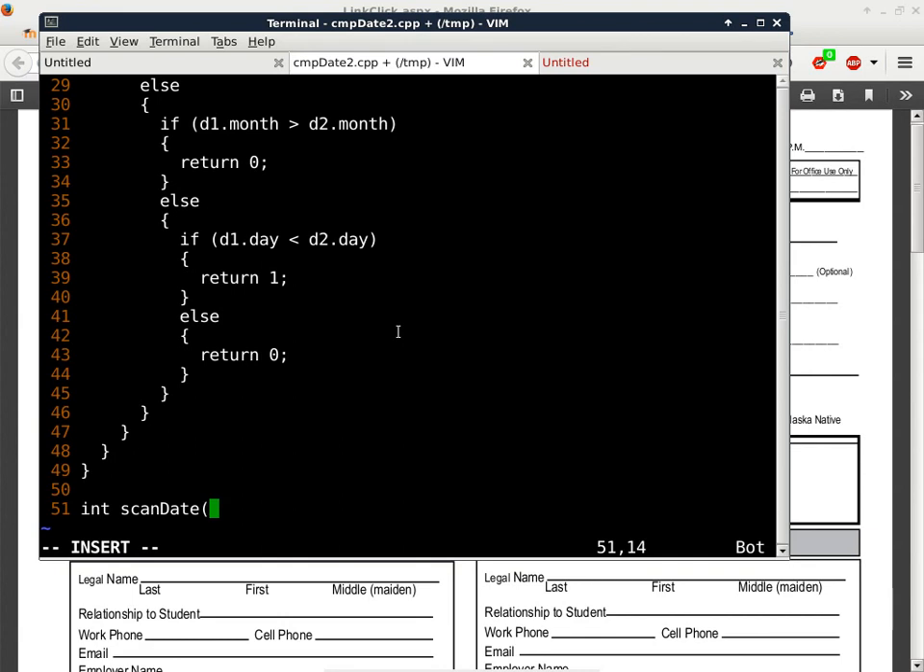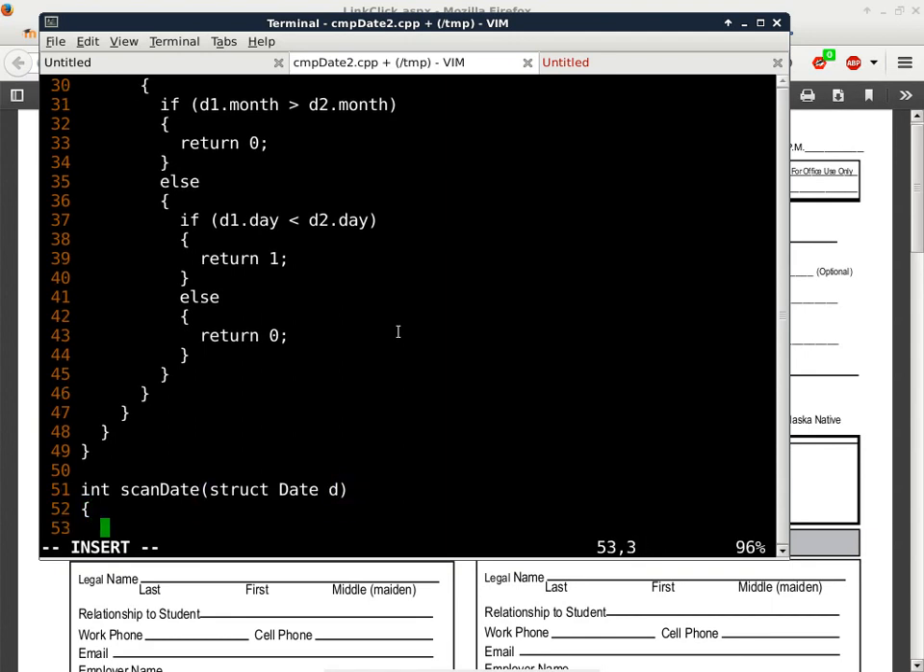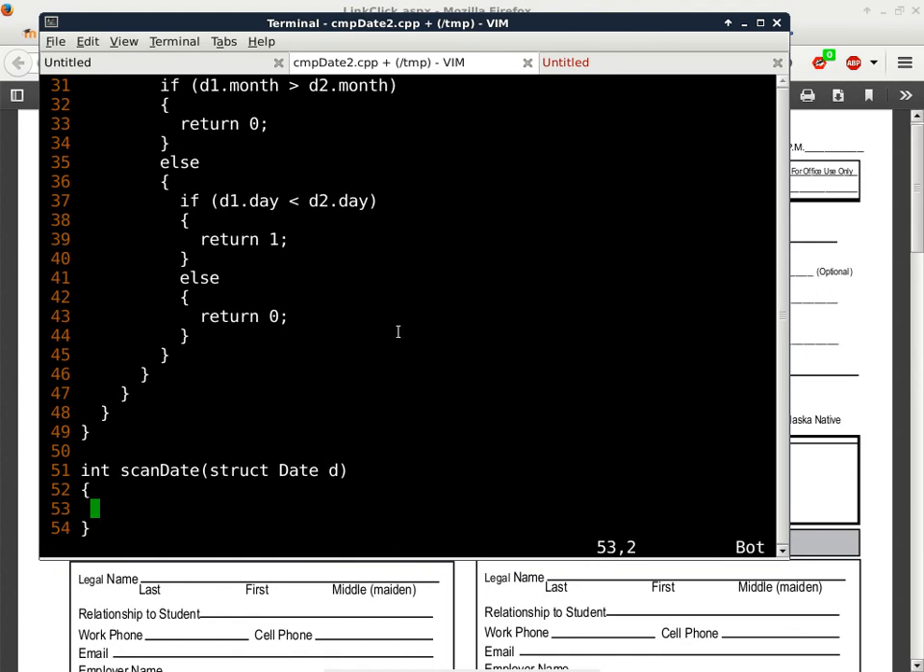The way we scan the date is to give it a structure. We name a cookie cutter, and this time we will cut out a cookie. We just call it D because there's only one of them, and then we can read into it. So we'll say scanf. In fact, we'll just return scanf and use the same format string as before, which is